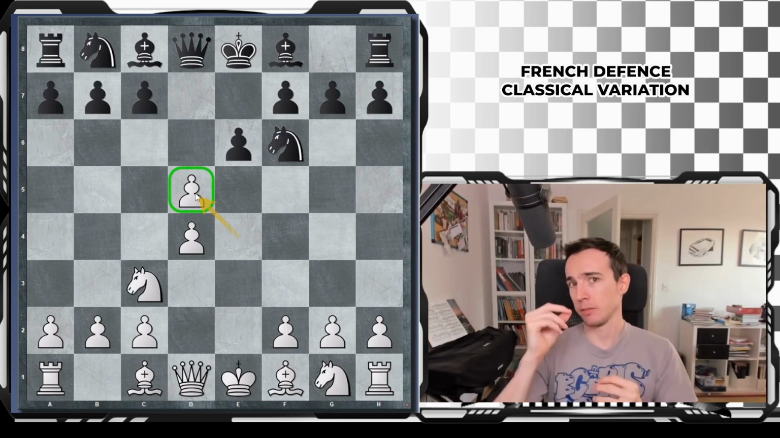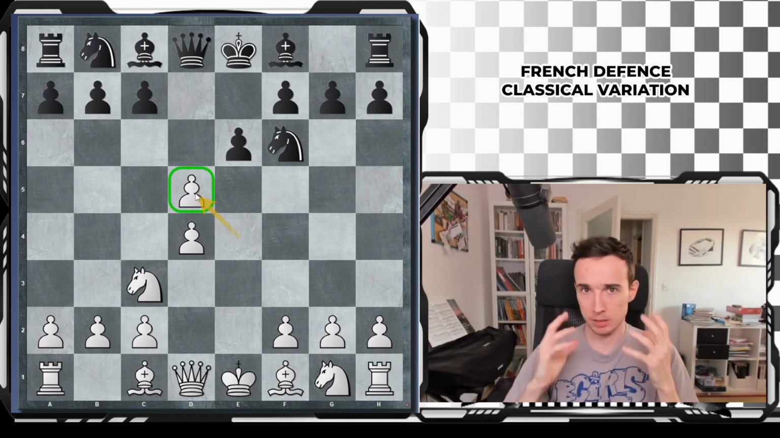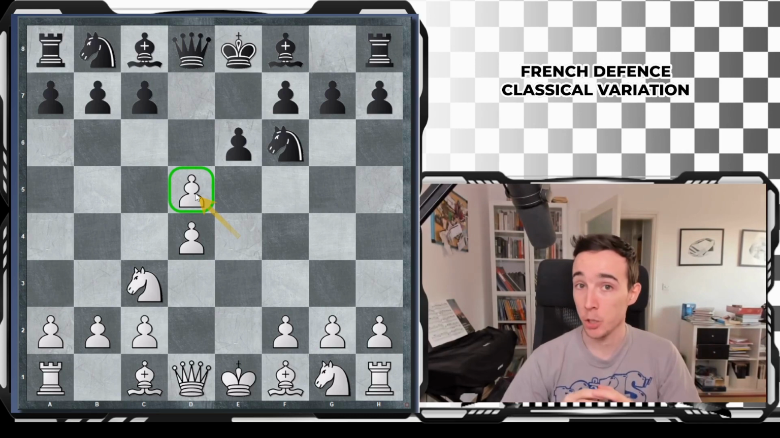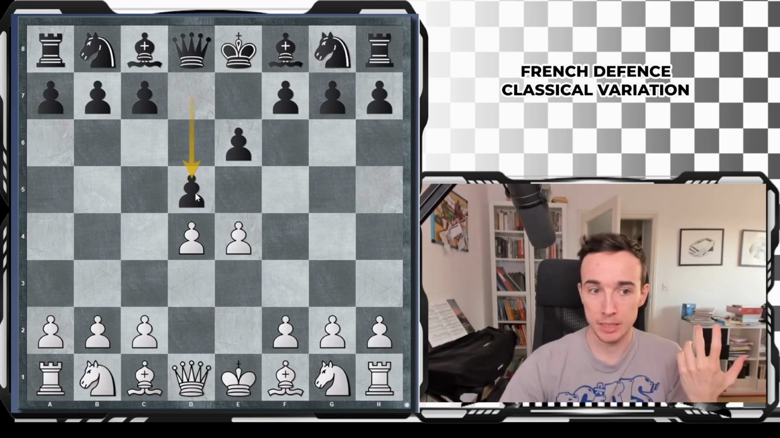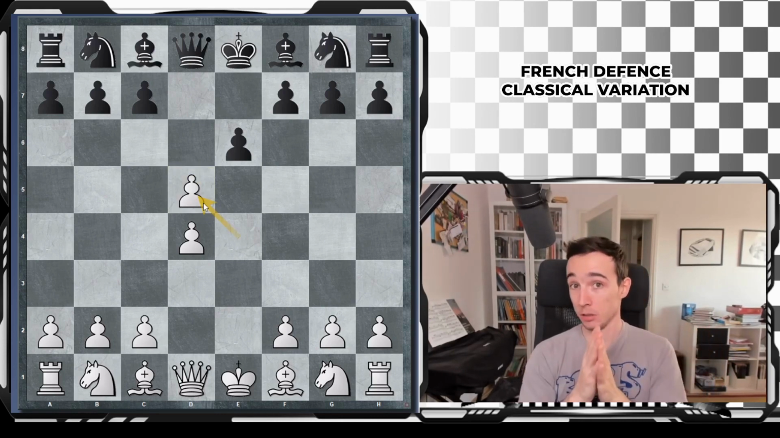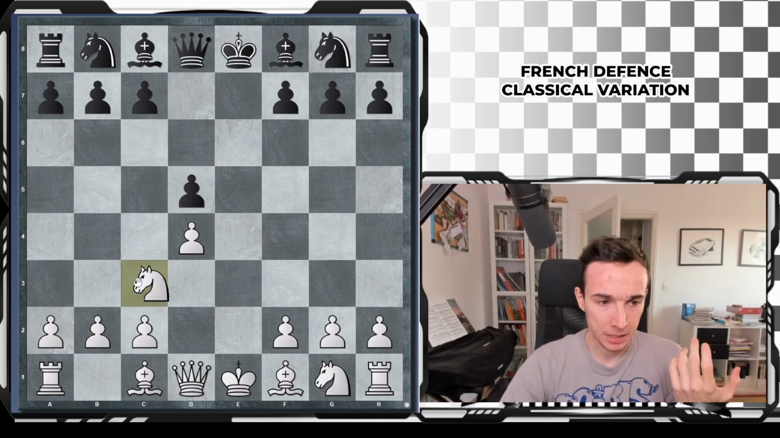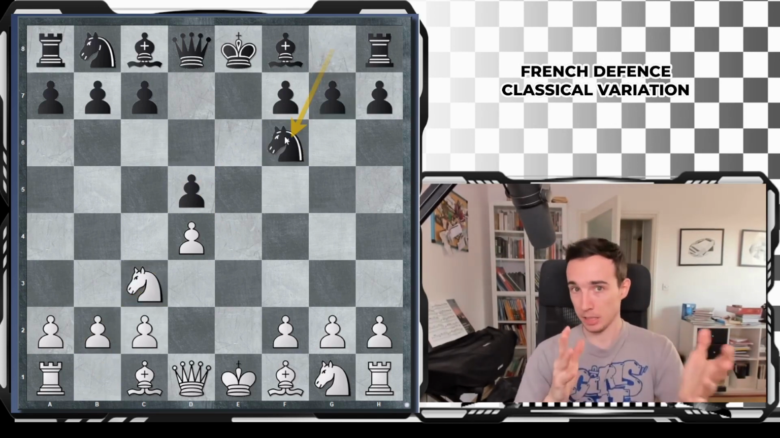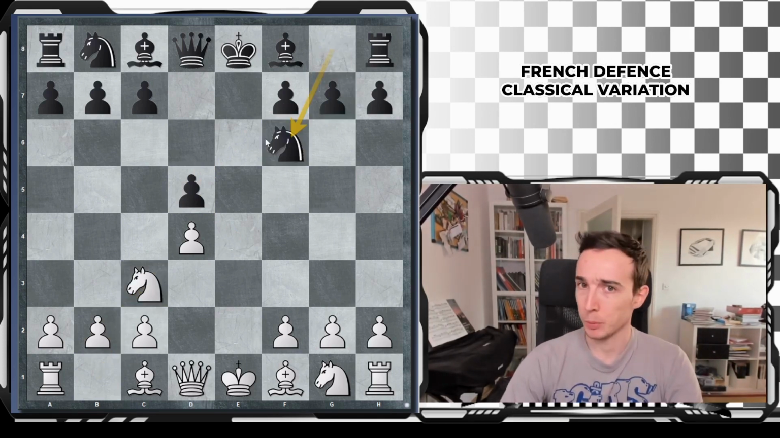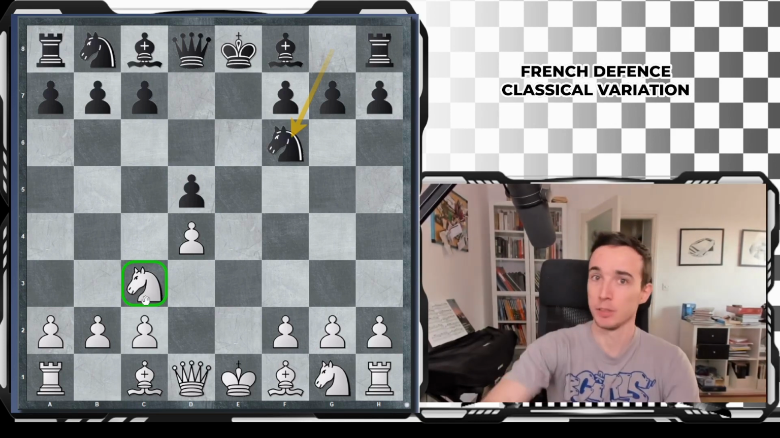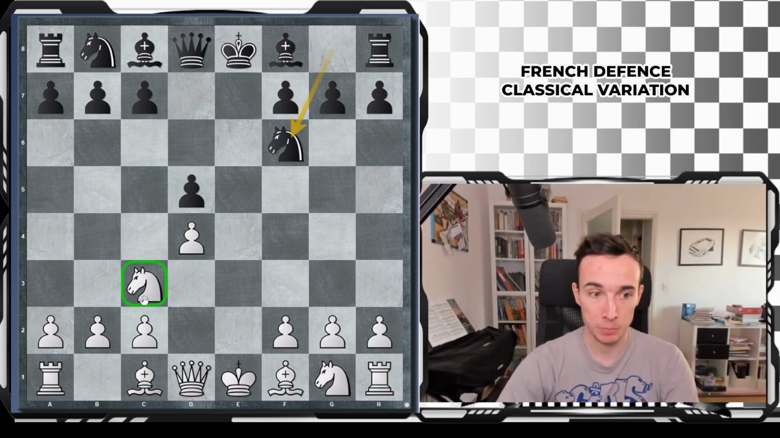This actually doesn't have that much independent value because it basically transposes to the so-called exchange variation, which is considered to be relatively dry and boring. So if white wants to play the exchange, they can play it on move 3 with e takes d5. And then after e takes d5, knight c3, knight f6, we get the same position, and you could make an argument that